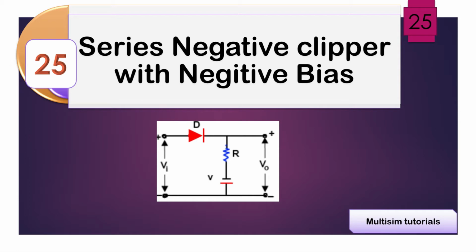What is happening over there? Why are the operations changed for the different circuits? It is the same clipper circuit, so what is the use of all these things with the negative bias? What is there in the output waveform, and why does it keep changing? Let's see what is going to happen.